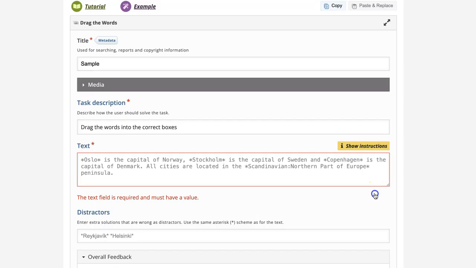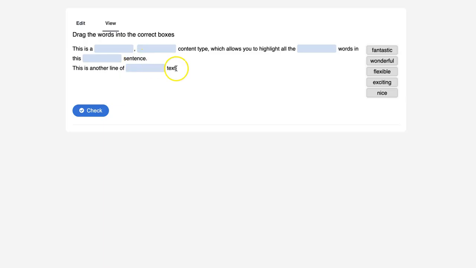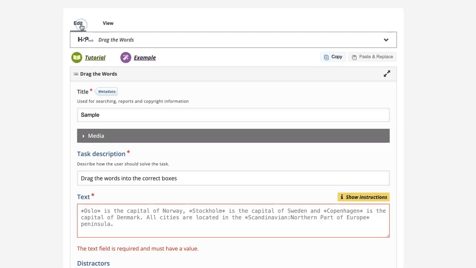Now let's see Drag the Words. Let me click on use, and I will give a name; I've already given one as a sample. On top there is an option called edit and view. View is like, while you are editing, you can view how that activity, this content type, looks, the functionality and options. In edit, if you look at the screen, for each and every content type, there are different